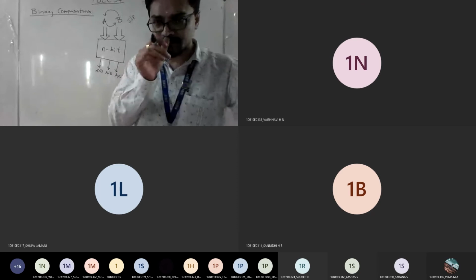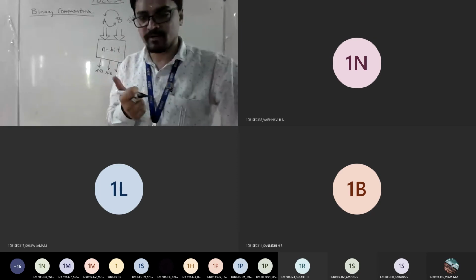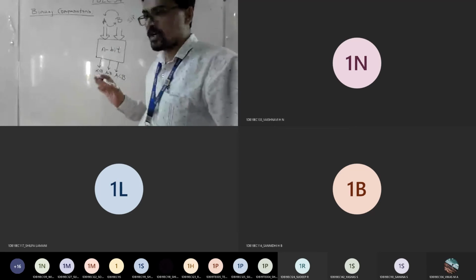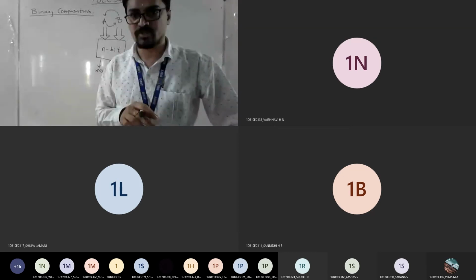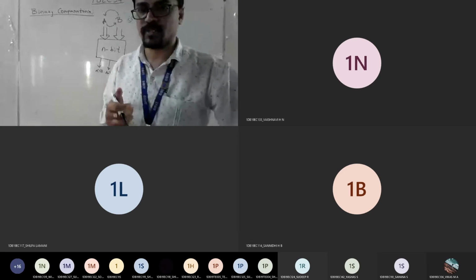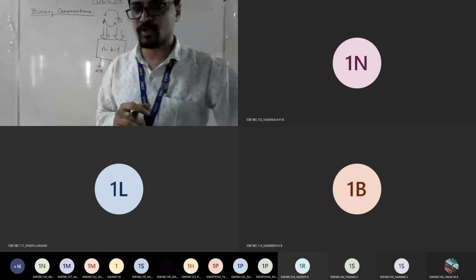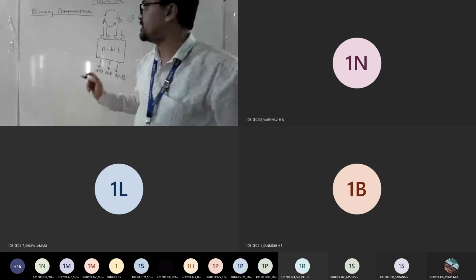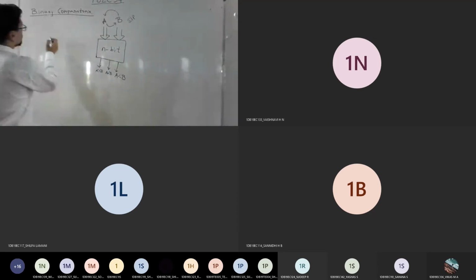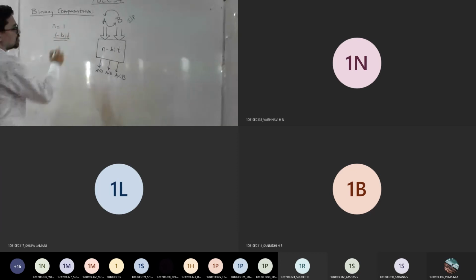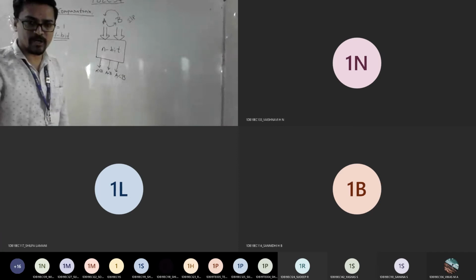Now let's try to take an example. In the syllabus, they have kept 1-bit comparator, 2-bit comparator and 4-bit comparator. You have a 4-bit comparator in your laboratory also, so it is like a dual purpose. Try to analyze 1-bit and 2-bit, and the 4-bit I want you to do; how to do it, I will teach you. So let's take n equals 1. If n equals 1, it's a 1-bit comparator. Now tell me how many inputs you have.